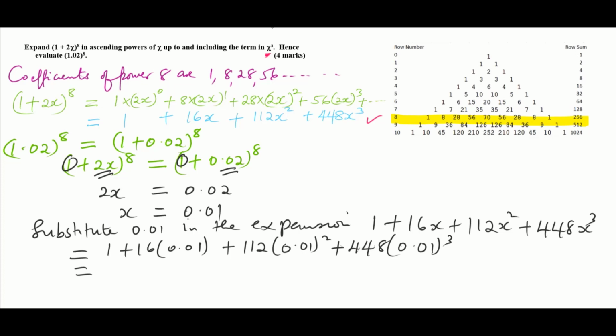So this one will give us 1 plus 0.16 plus 0.0112 plus